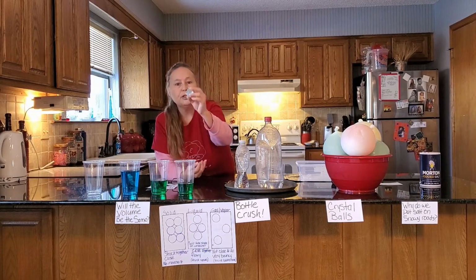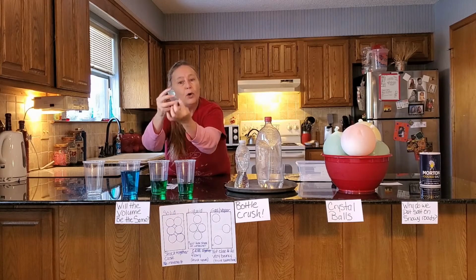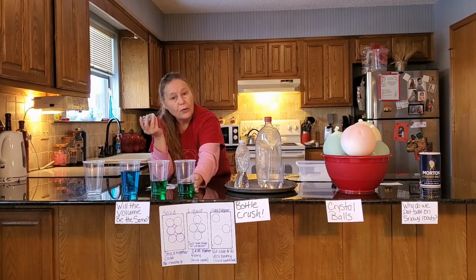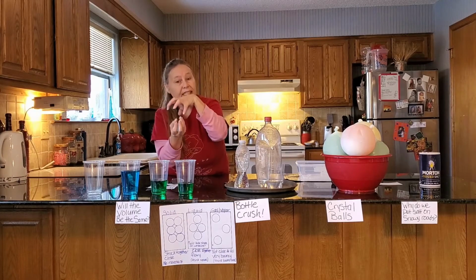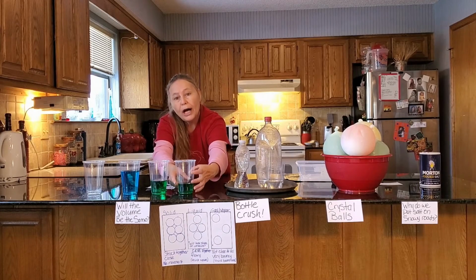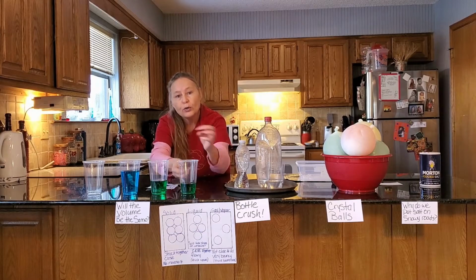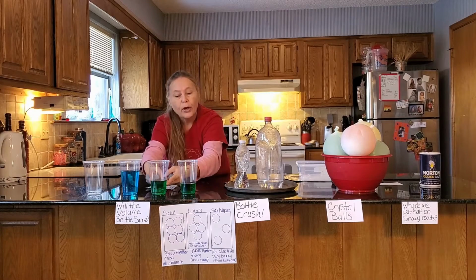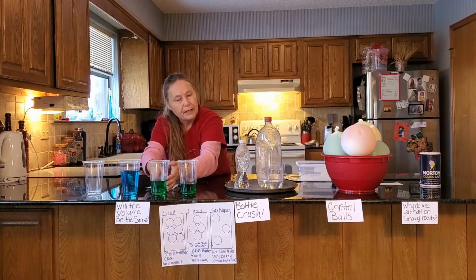I have a couple of fake ice cubes. The ice cubes were bigger, right? And they were stacked on top of each other, and they had some holes, so they had some empty space in that cup. My snow is tiny little ice pellets, and there's a whole bunch of them stacked together. So there was a whole lot of little holes in there. So there's a whole lot of empty space in this glass, actually, because of all the holes that were intermingled with those particles, where my big solid pieces only had a few empty spaces.